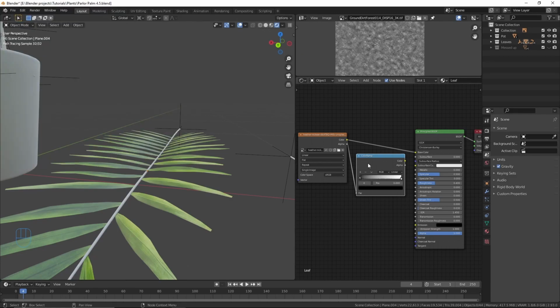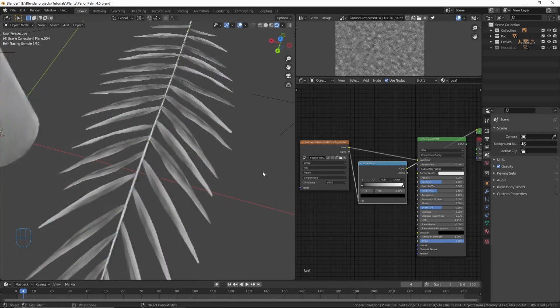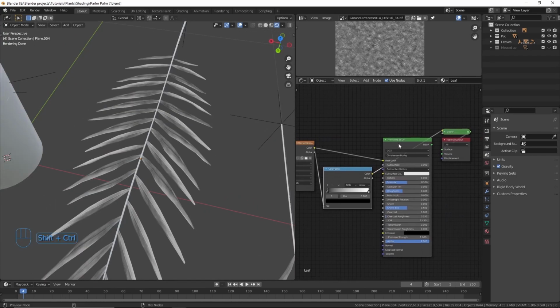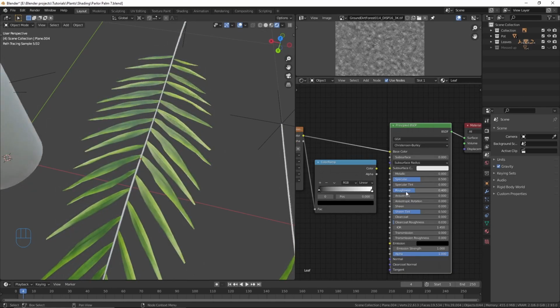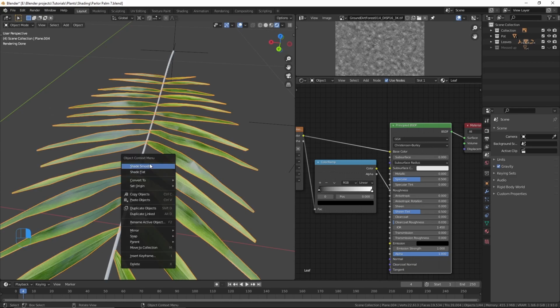And now you can preview any node by holding Ctrl Shift and left clicking on that, and now you can see that the color ramp has converted our image texture into a black and white image. And to preview the material again, you have to hold Ctrl Shift and left click on the Principled BSDF. And now instead of this slider to change the roughness of our material, I'll connect this color ramp to the roughness so that the black and white image texture is driving the roughness. I'm gonna smooth shade my leaf,